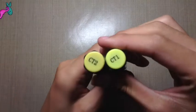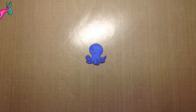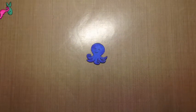So I used CT1 and CT2 on these fish. And then I'm just going to be again naming all the Spectrum Noirs, so if you wanted to color it like mine, then you know what colors I used. So I used TB3 and TB5 to color the octopus. And then I'm